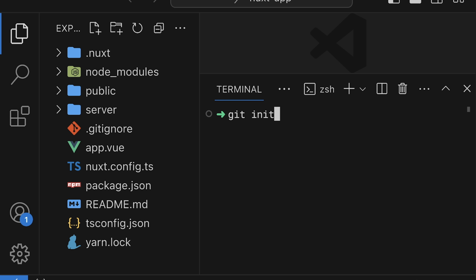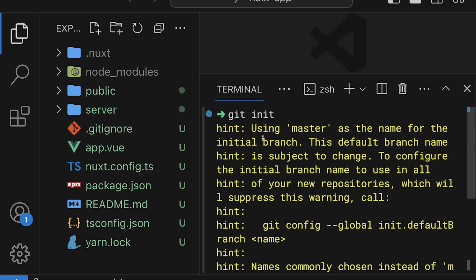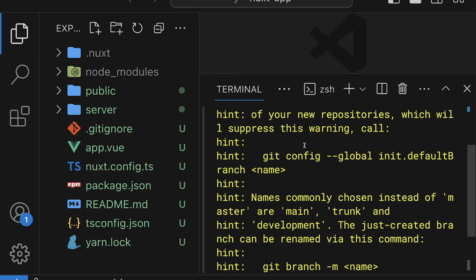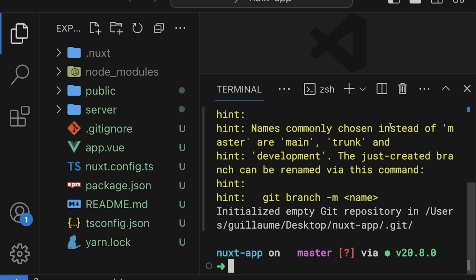And I'm going to do that every time I start a new code project because I would like to keep track of the record of my project. So I'm going to type enter, and suddenly I can see that all my files are in green. I can see that I got a message using master as the name of the initial branch. Here I can see that I can type a command, and we can see that I initialized my empty Git